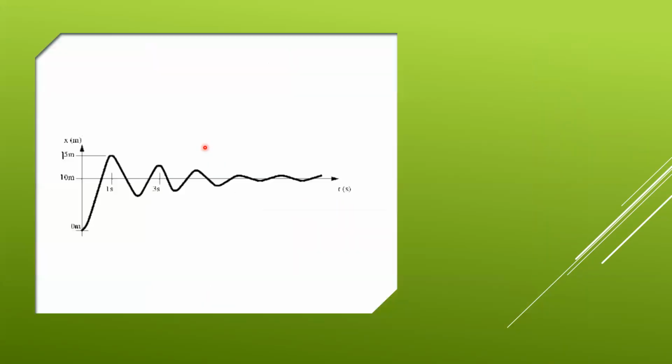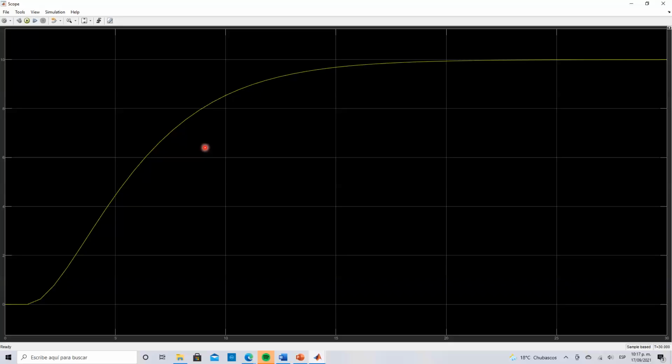And so that was actually what we got. Here we can see how the final value has to be 10, which it is. And it reaches this final value around 22.5